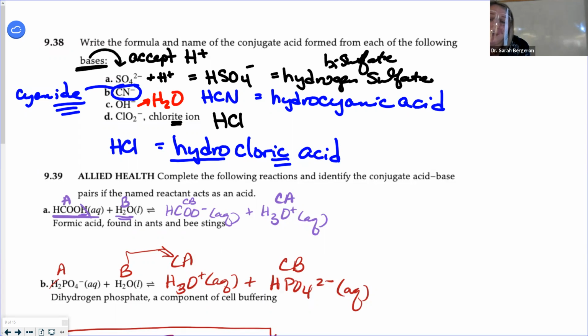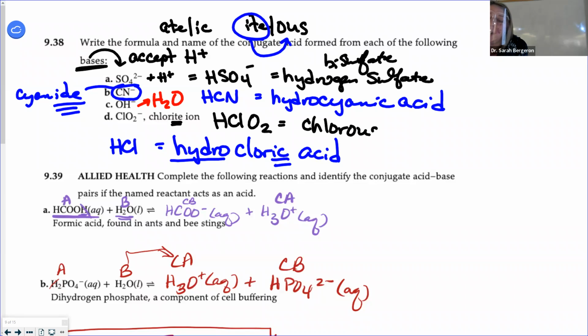Call it HClO2. What's my charge? No charge. So we don't name it as a polyatomic ion. What do we name it as? An acid. So remember, I went to chemistry class and I got itis. So it ends in ITE, so it needs to turn into OUS. So it should be chlorous acid.